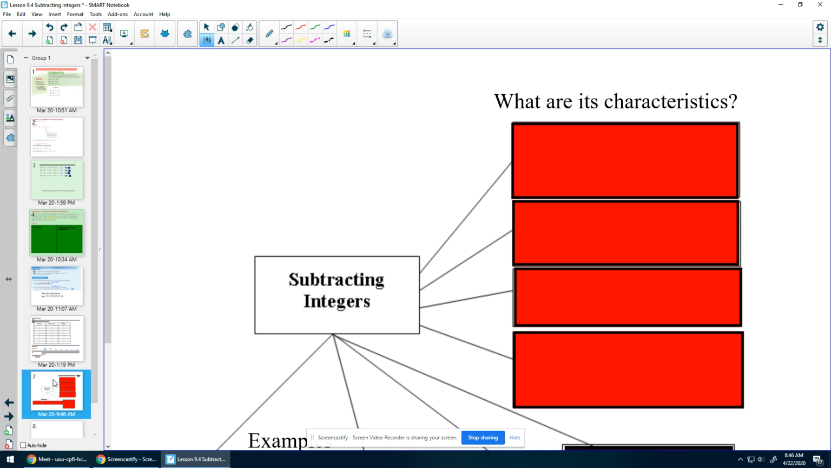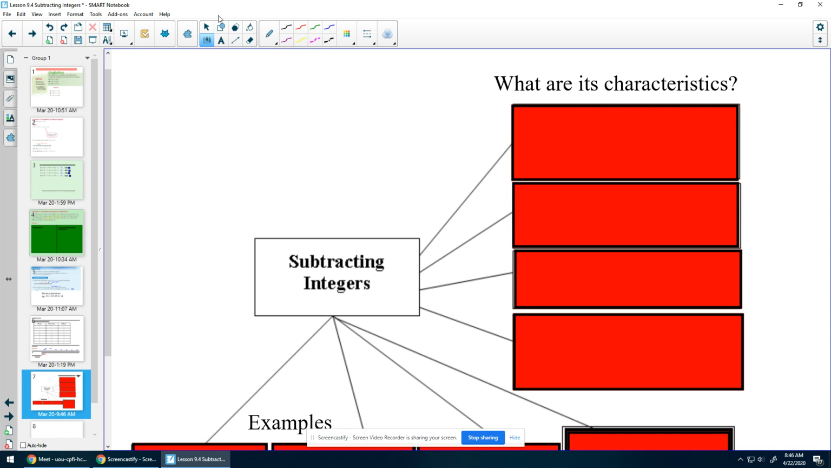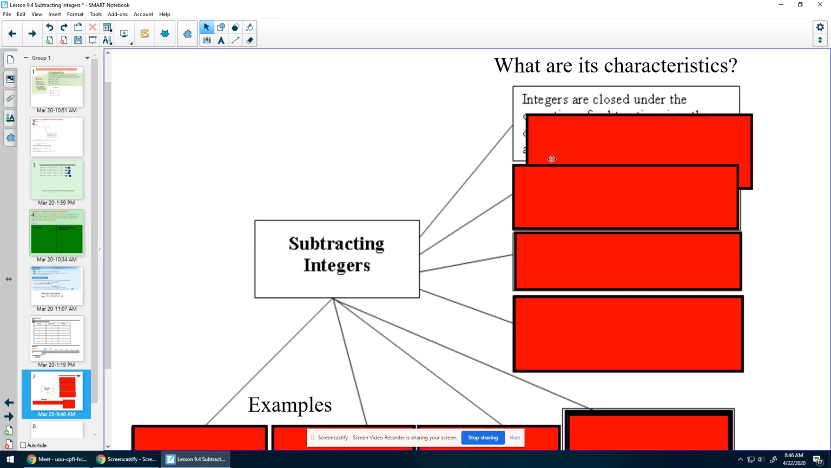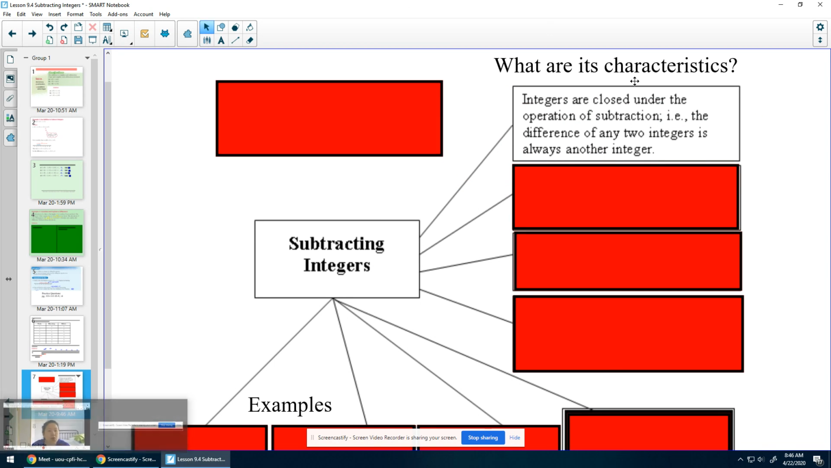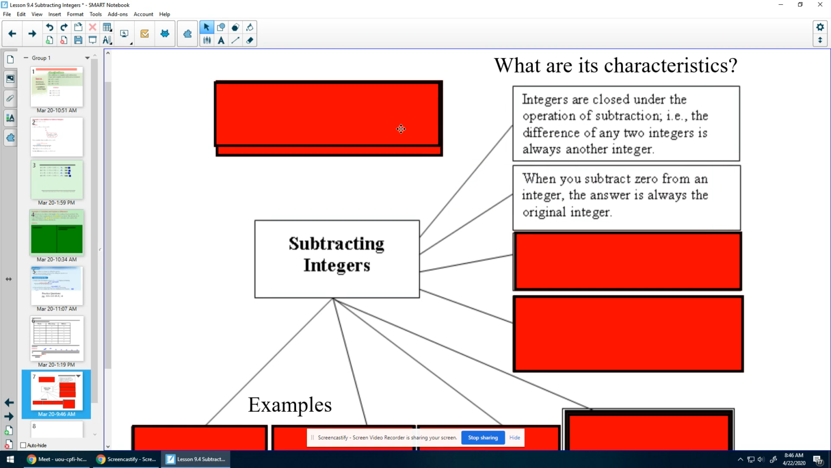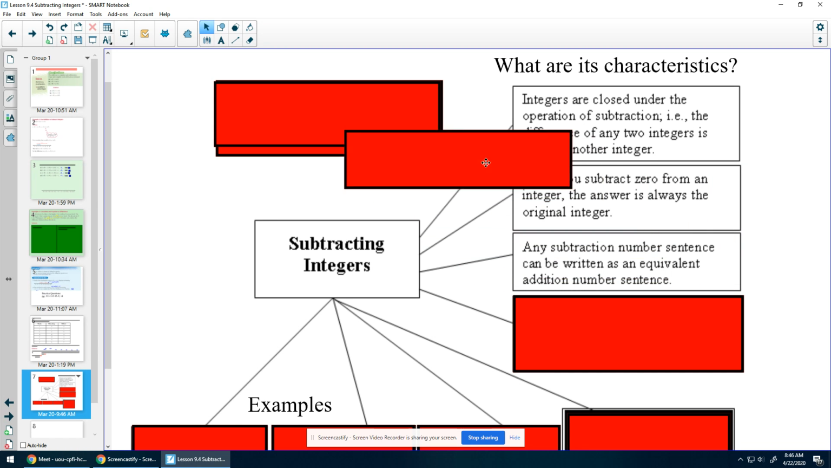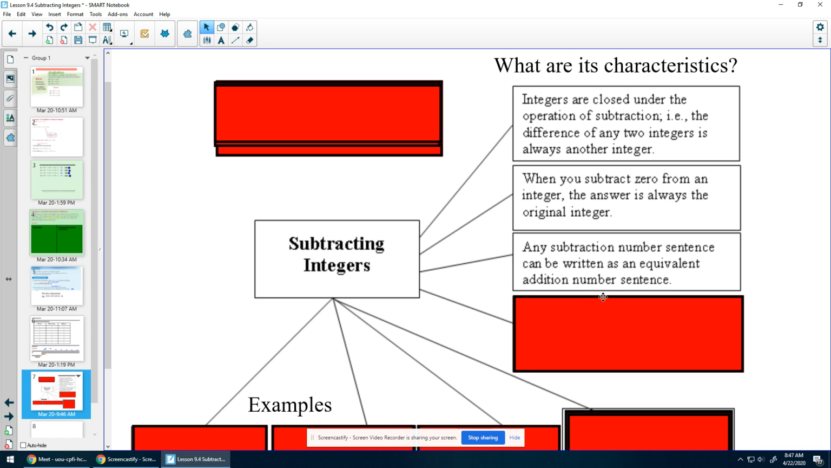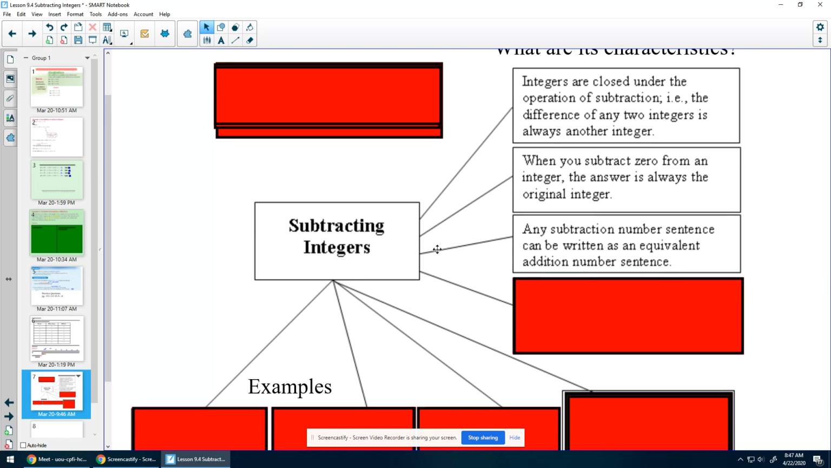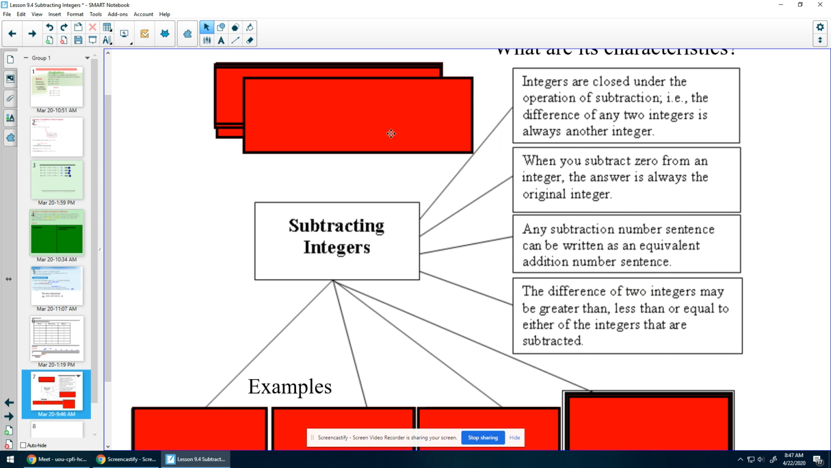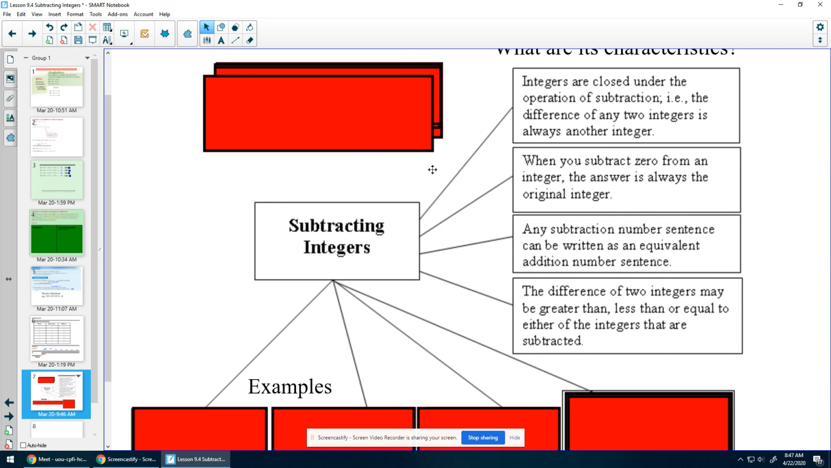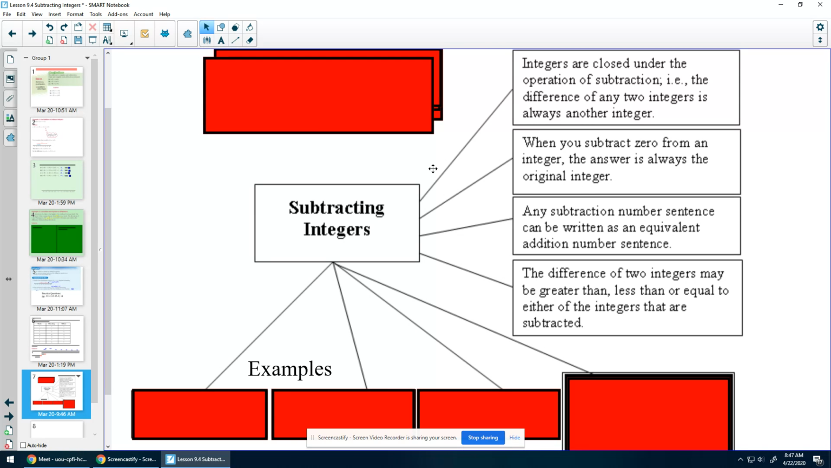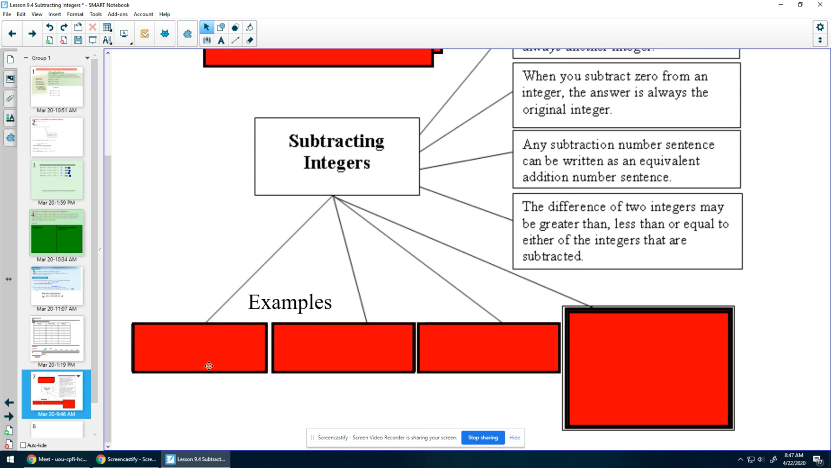Last thing, what are the characteristics of subtracting integers? Characteristic number 1, integers are closed under the operation of subtraction. For example, the difference of any two integers is always another integer. When you subtract 0 from an integer, the answer is always the original integer. Any subtraction number sentence can be written as an equivalent addition number sentence, which we've done all today. The difference of two integers may be greater than, less than, or equal to either of the integers that are subtracted. So examples of that: